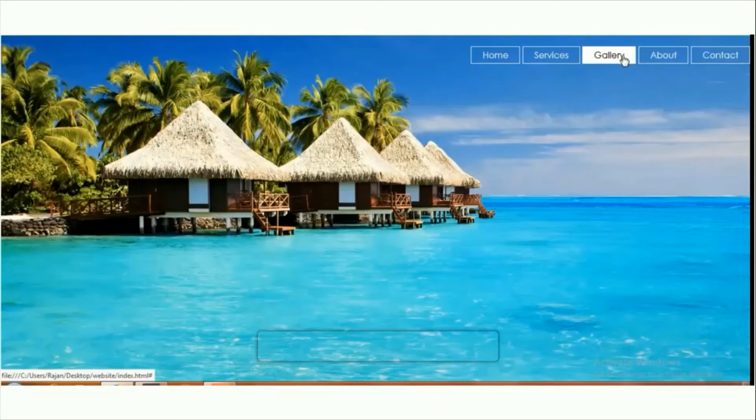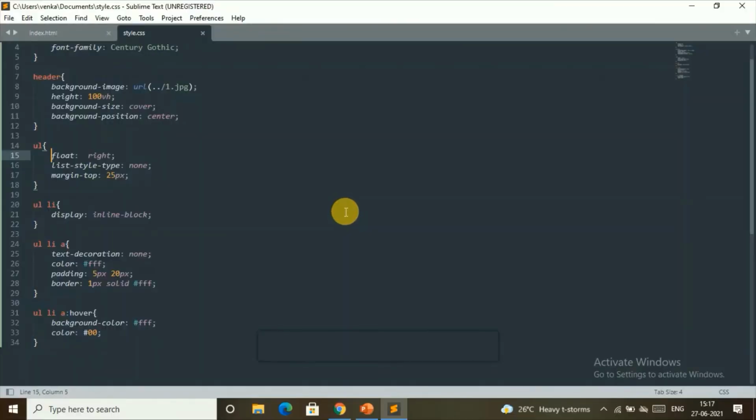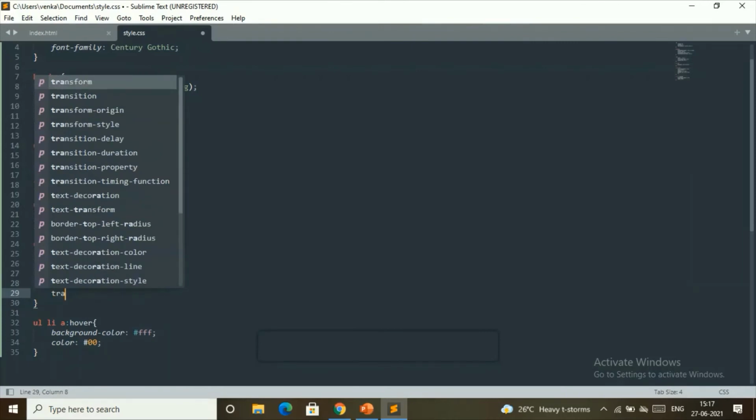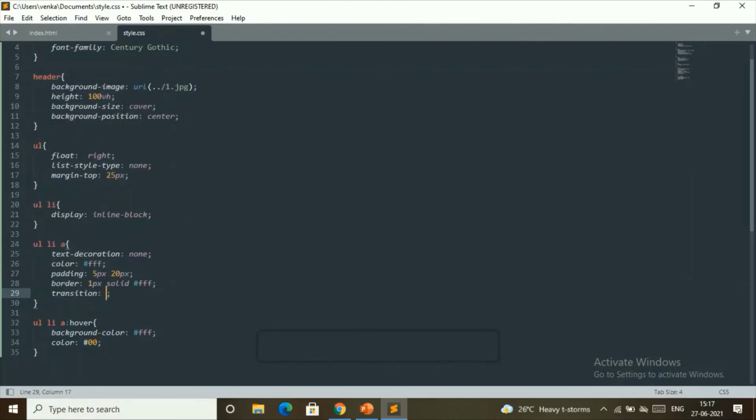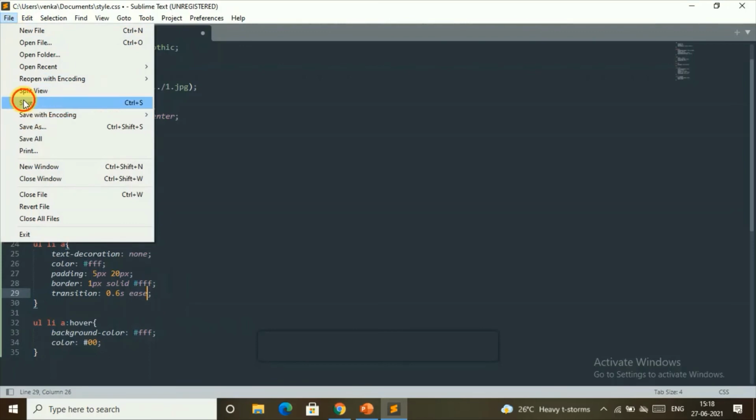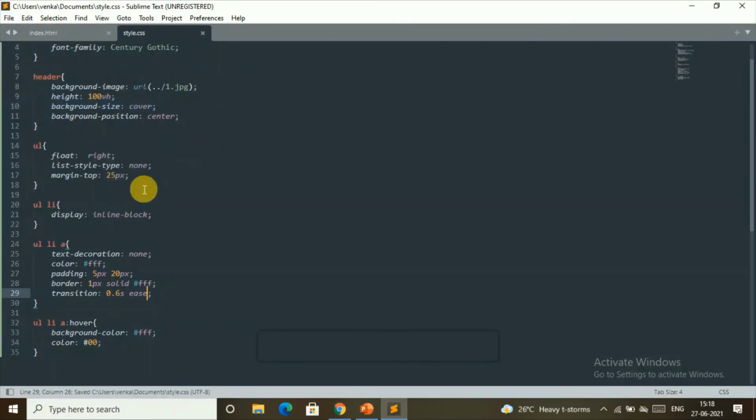And now we'll set this transition time, like how much time it stays on that. So we'll set this transition time now. And now let's go to this, and now click enter, and transition will be of 0.6 seconds, or it's your wish, but 0.6 seconds will be sufficient for your ease. And now let's just save this. So now your transition will be of 0.6 seconds, that is completely sufficient and easy for your visitors.